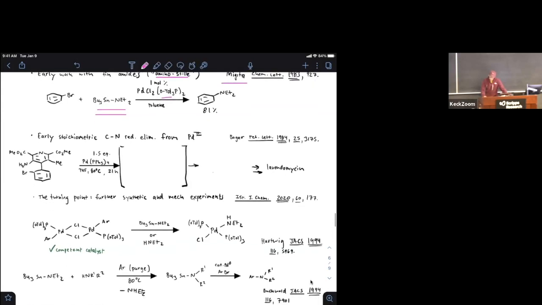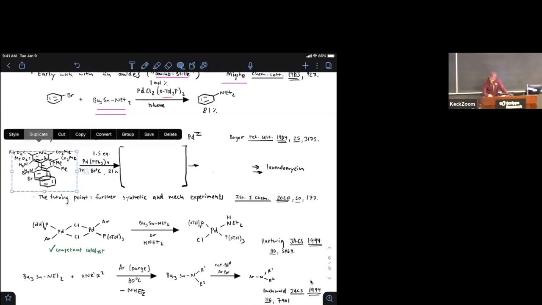Roughly the same time, just 1 year later, there was an important contribution from our colleague Dale Boger, who came to study carbon-nitrogen bond reductive elimination from palladium 2 centers in the context of a natural product synthesis campaign. So here now, in a stoichiometric sense, with respect to palladium, the Boger group treated